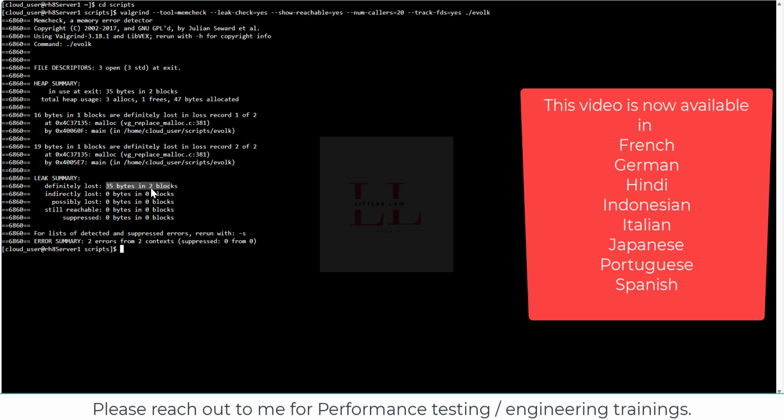So let me quickly clear it, and let me run another command. I'll explain it to you clearly. So here again, we have used the same command, the Valgrind Memcheck. The leak check is yes. I'm going to show the reachable yes. The number of callers is going to be 20, and the track file descriptors is equal to yes. The log file,